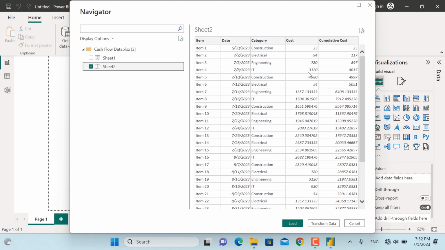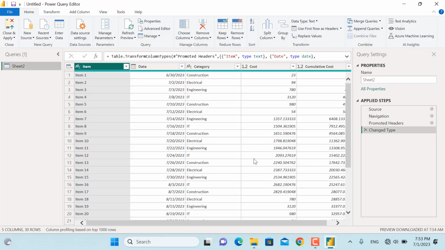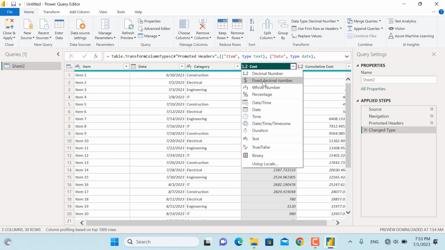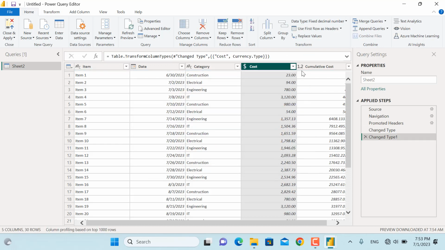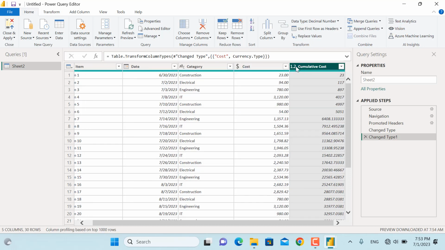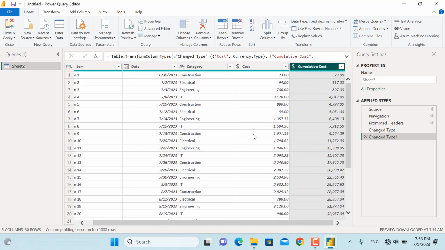Now the data is located in sheet number 2, so I'll only select sheet number 2 in here. In here, as you can see, we have the costs, so we will need a little bit of formatting. In order to do that, we'll go and transform the data. The only thing that we are going to change in here is changing these to currency. So I'll click in here and I'll select fixed decimal number. I will add a new step, and for this one, I'll do the same. I'll add the fixed decimal number, and there's nothing else to be done in here,